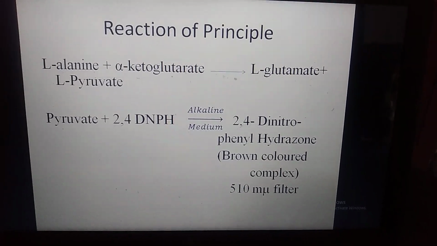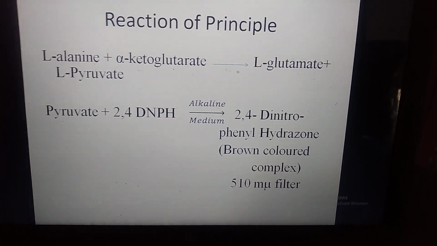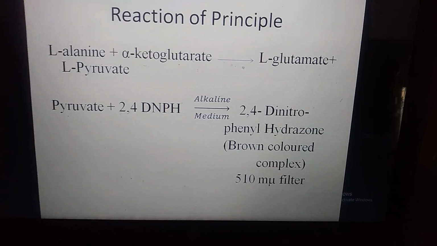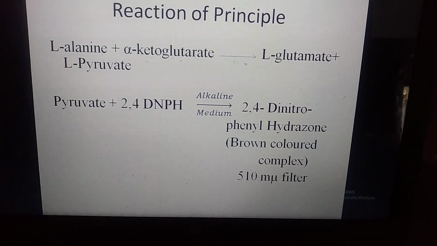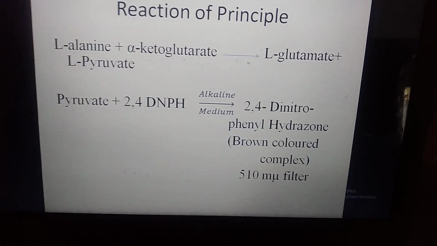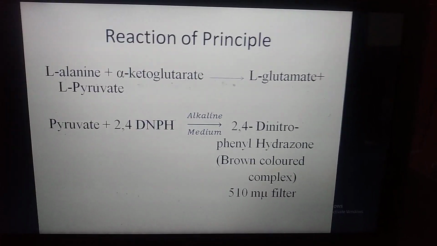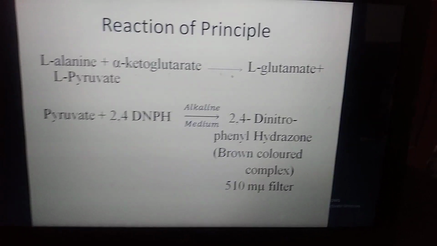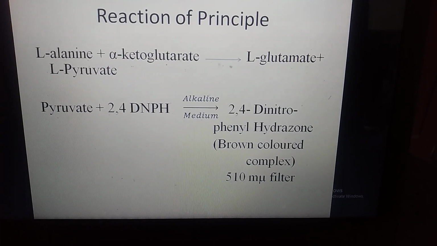L-alanine reacts with alpha ketoglutarate. The products of this reaction are L-glutamate and pyruvate. Then further pyruvate combines with 2,4-DNPH in the presence of alkaline medium and converts to 2,4-dinitrophenylhydrazone. This is a brown colored complex checked by 500 nanometer